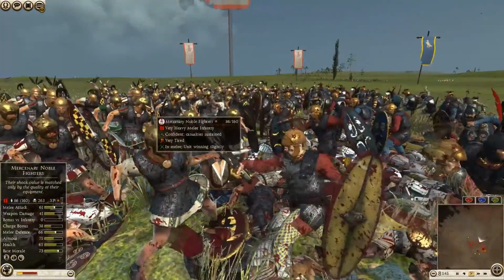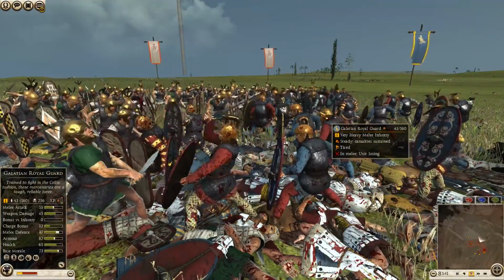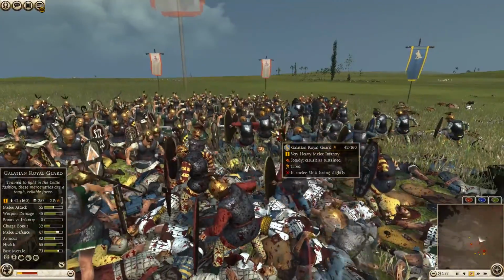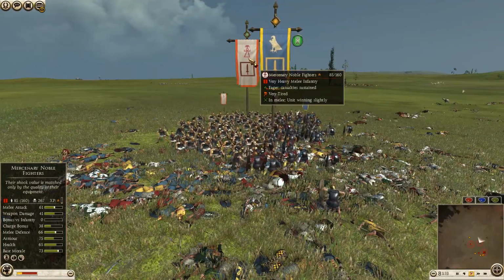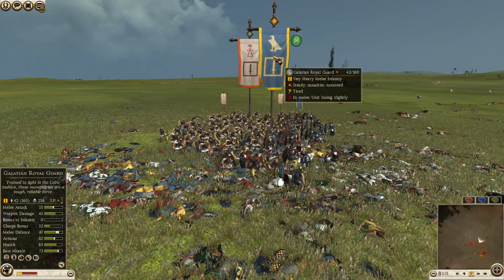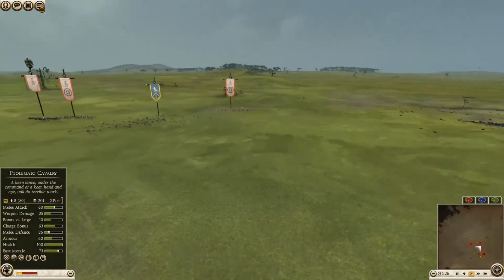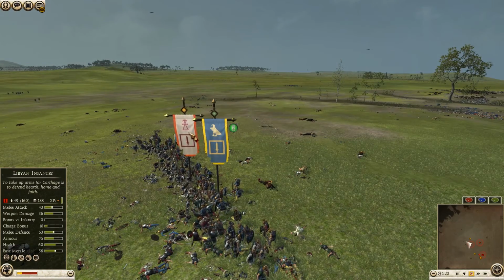My melee defense is a lot higher than their melee defense, so I'm going to be probably refusing a lot more hits from my opponent. My armor is a lot better, and the health is even Steven. Same as the base morale. So, 267 kills in the Mercenary Noble Fighter and 258 on my own unit, though I am about half strength of what he is. So, if we can finish off the fight over here, one Galatian Royal Guard, 69 men left, getting